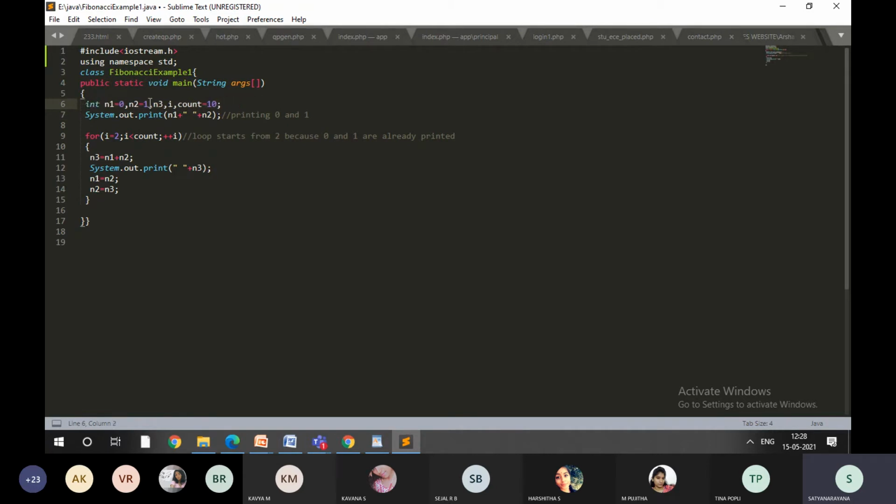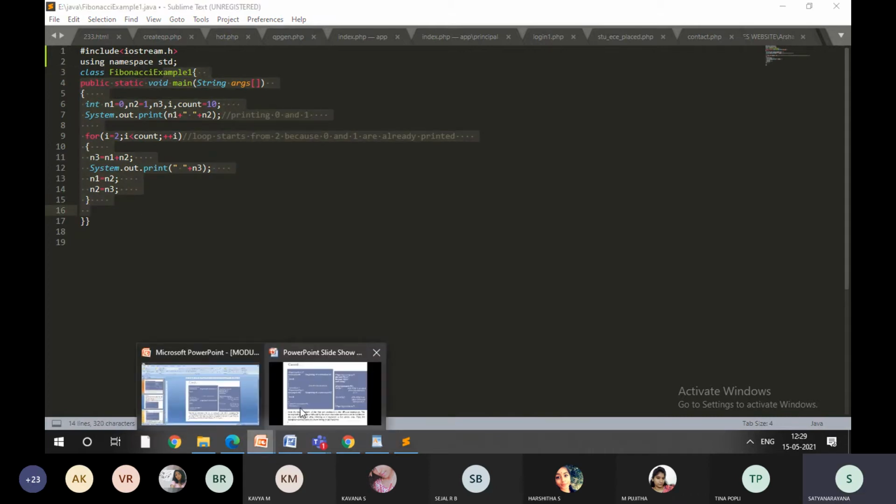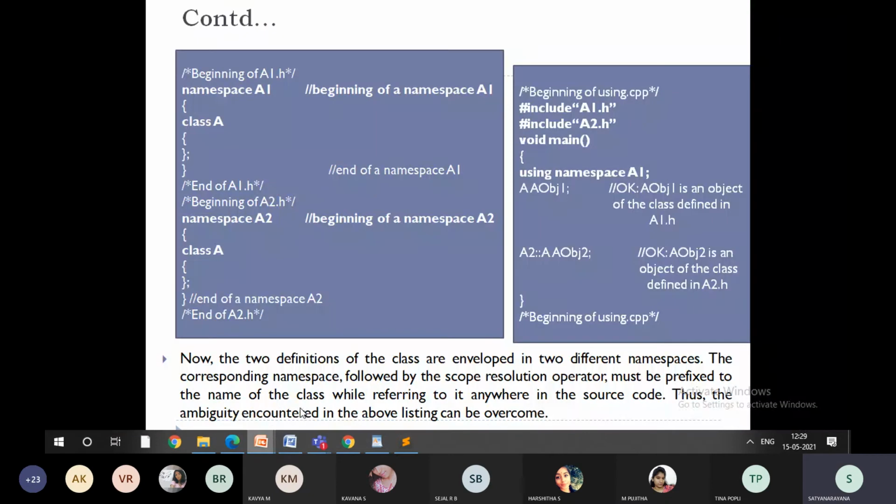C++ will allow the global declaration of namespace. How to do that? I'm using namespace std. That means this std is applicable to all these instructions. But in my example, I'm going to create namespace A1. That's it. When I'm using namespace A1, it is applicable to the entire code, so wherever I want, I can make use of it. Because there are two namespaces here, I'm using the scope resolution operator. If there is only one namespace, there is no need to use the scope resolution operator.